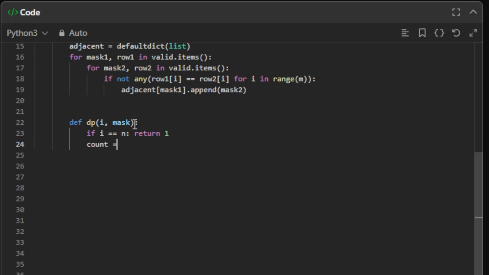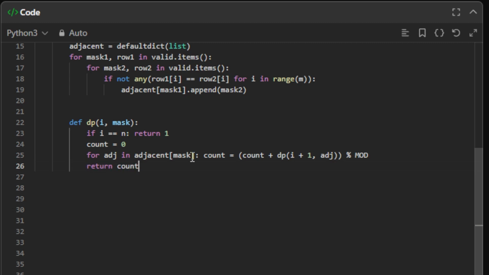We will start with a count of 0, and now for every adjacent valid row in adjacent at mask, count equals count plus dp with i plus 1, the current row, and we need to mod this. And finally we return the final count,